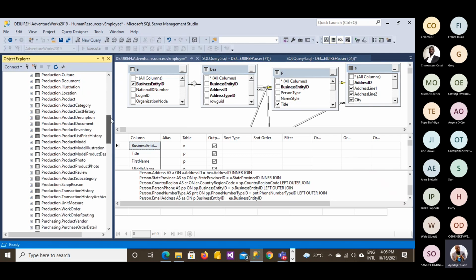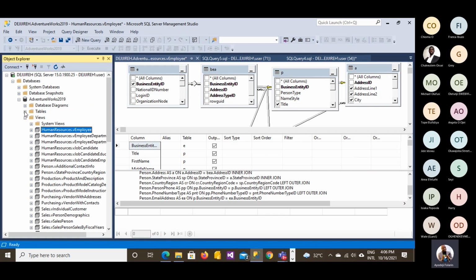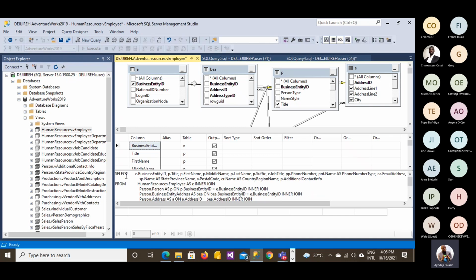Now let's see how this will appear in Power BI. So I want to work with this view, not a table. This view called Human Resource V Employee. That is the view I want to work with, not the table, the view. I told you you'll be working more with Select as a data analyst. So all I need to do from my Power BI